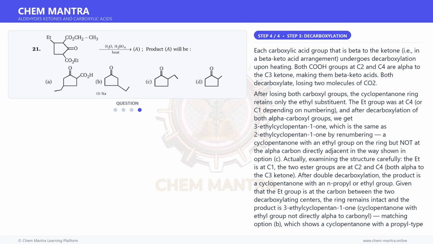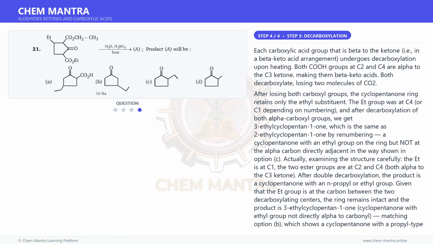Actually, examining the structure carefully, the Et is at C1, the two ester groups are at C2 and C4, both alpha to the C3 ketone. After double decarboxylation, the product is a cyclopentanone with an n-propyl or ethyl group. Given that the Et group is at the carbon between the two decarboxylating centers, the ring remains intact and the product is 3-ethylcyclopentan-1-one, a cyclopentanone with an ethyl group not directly alpha to the carbonyl, matching option B, which shows a cyclopentanone